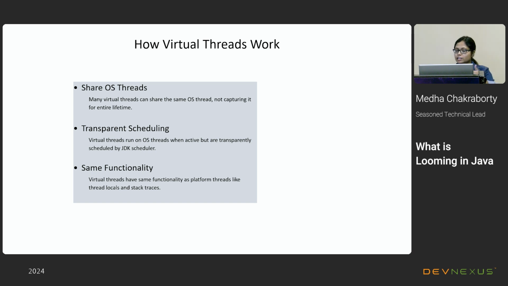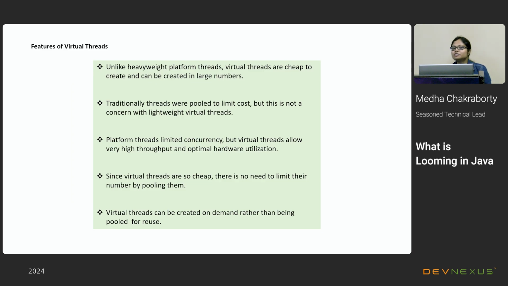I will, when I show the demo, it will be easier for you to understand. So what are the features of virtual threads? Unlike heavyweight platform threads, virtual threads are cheap to create and can be created in large numbers. Since it's not tied to the operating system, it can create a huge number of virtual threads, not like